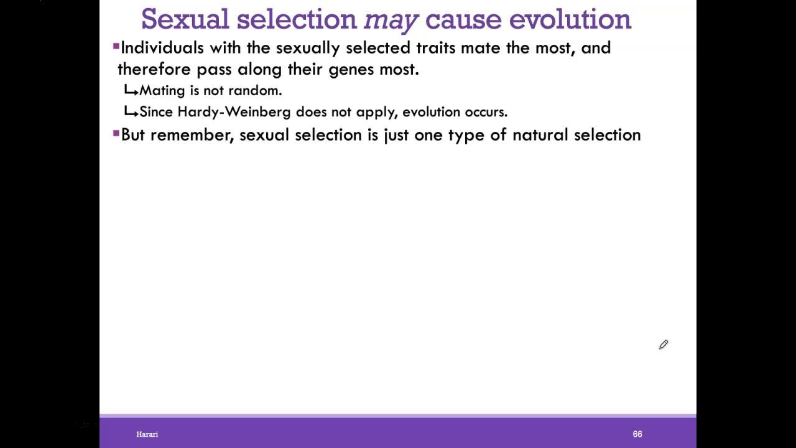Remember that sexual selection is just one type of natural selection, right? Sexual selection is not the whole story. There are other factors that play a role in mating. And even once you have the child, like I suggested before, it's not enough. You have to have enough resources to take care of the child. And furthermore,